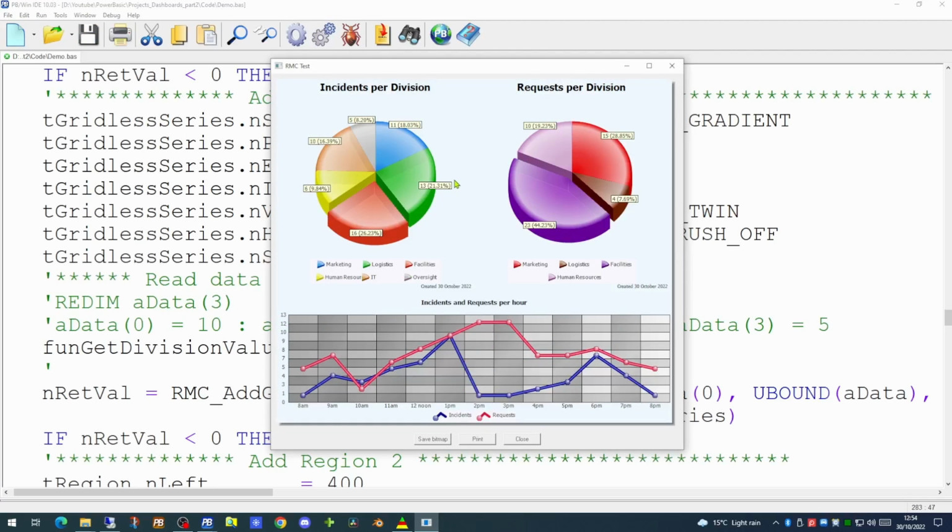We'll see that the pie chart now has a number of different slices. It has the IT and the oversight slices added. So our dashboard is now displaying information dynamically. As you can see, we're slightly truncating the name of human resources. So as such, we may have to adjust the positioning of our pie chart on the screen to allow all the data to be shown. We could probably do with making the whole thing slightly wider. But we'll push on with the second pie chart.